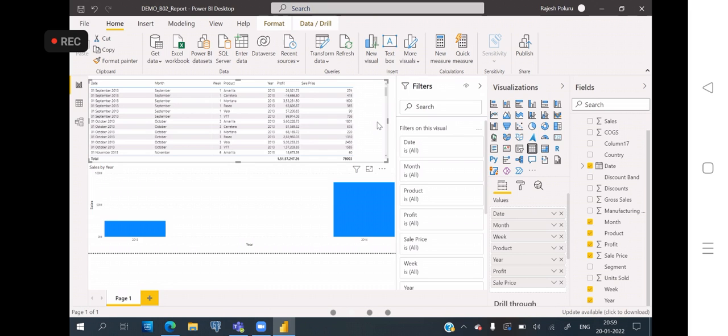Okay, by seeing this what he can understand, so he can see date, month, week, product, year. Okay, year, so year is in top, so let's add this year here. Okay, so date, year, month, week, product, and profit and sales price. Okay, sales price means first we can make sales price, and then